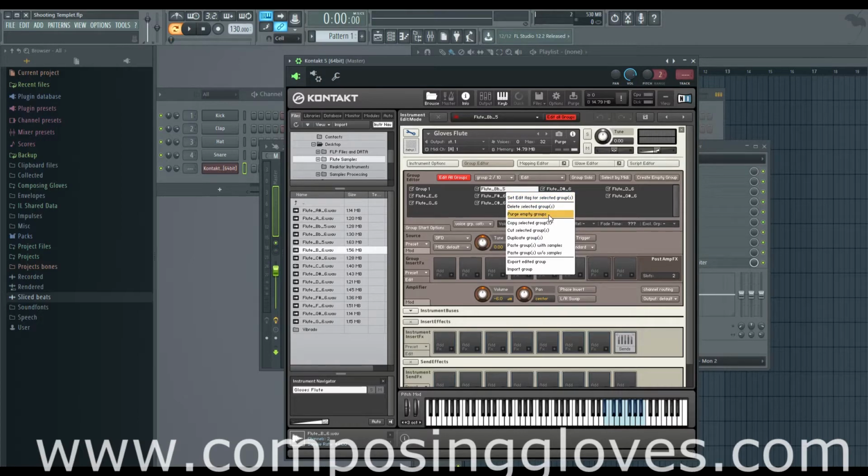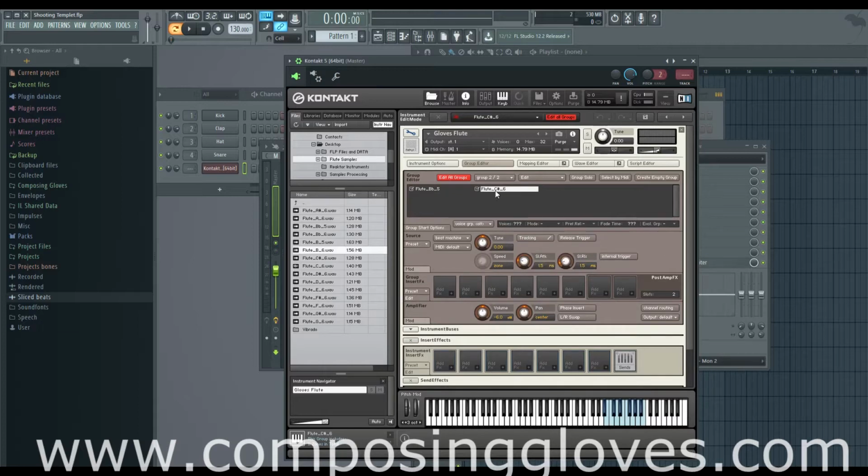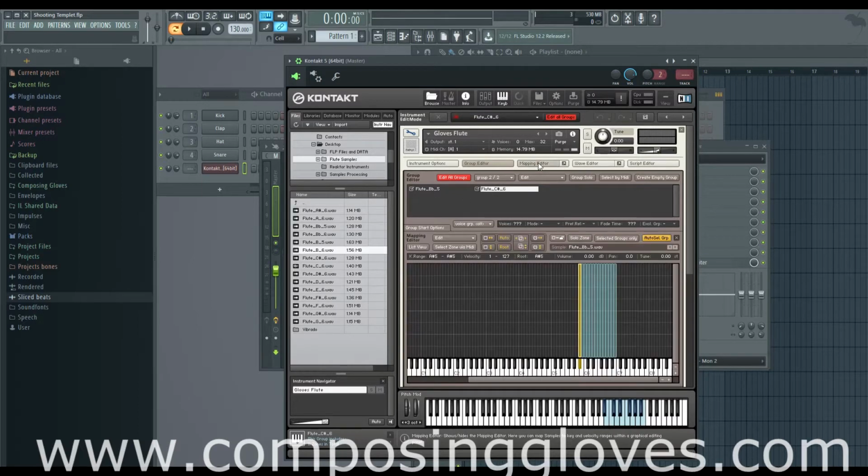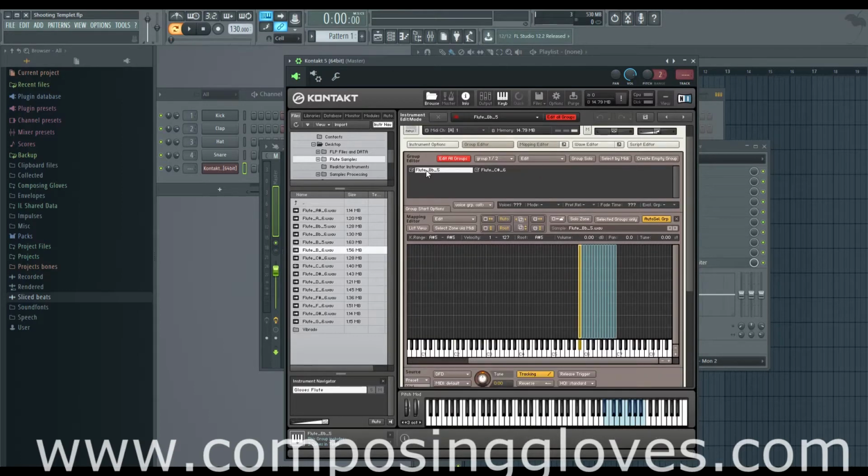So this will get rid of all the groups without any samples in them, and we'll notice that we are left with two groups. That's because these two groups contain notes. So we're going to open up our mapping editor below so that we can see them both. And in this one,